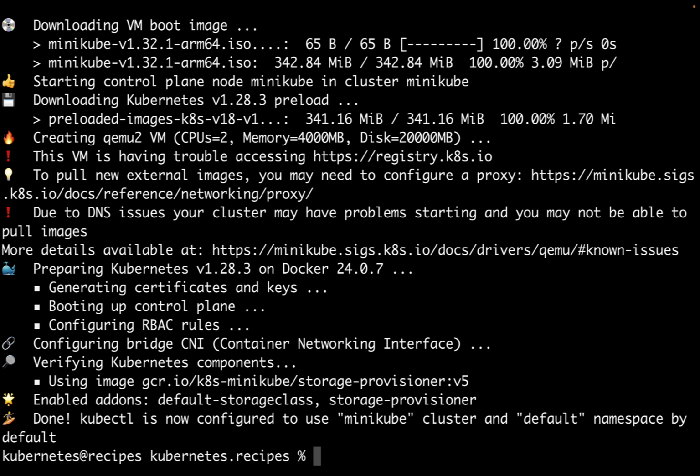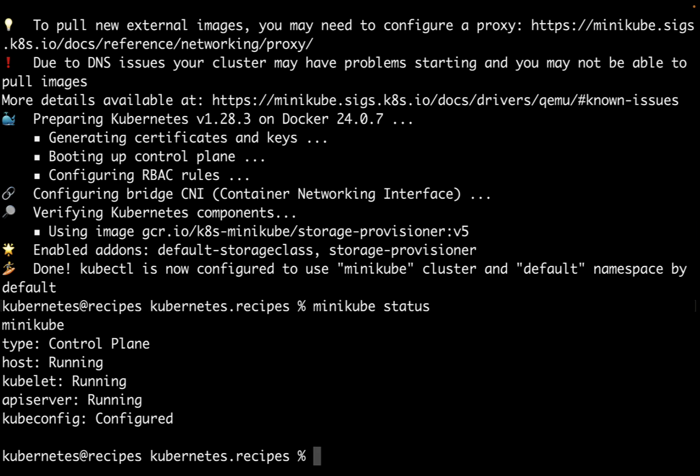Now, actually, our control plane node and all the necessary components are running. So if we verify using minikube status, we got the host, kubelet, API server and kubeconfig configured and running. Cool. What you might need is actually the kubectl CLI interface that is embedded into Minikube. So if we do the kubectl